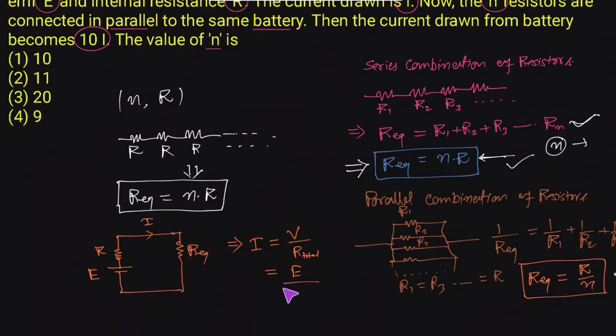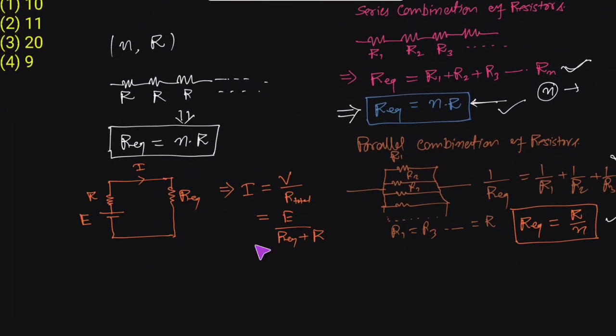total resistance of the circuit, which is the load resistance, R equivalent, plus the internal resistance of the battery, that is capital R. So from here we can get I as E upon, in place of R equivalent, we can write n times of R. So n times R plus R, and the value of I would be E upon, we will take R as common, so this will become n plus 1. So this is the value of I,